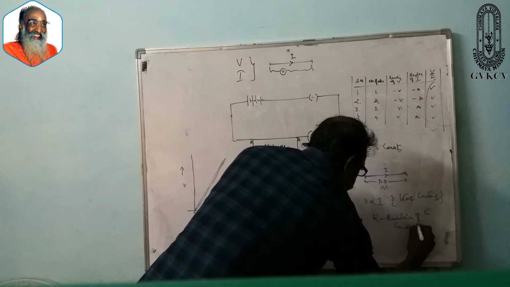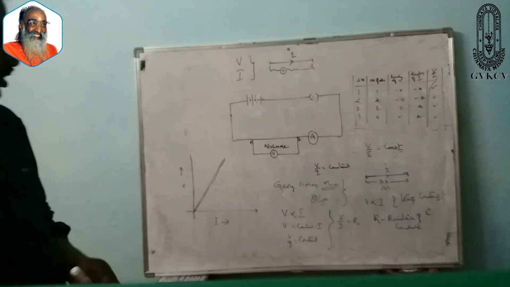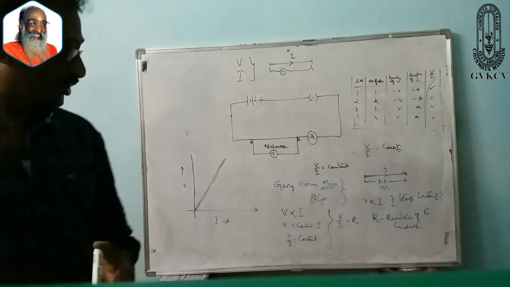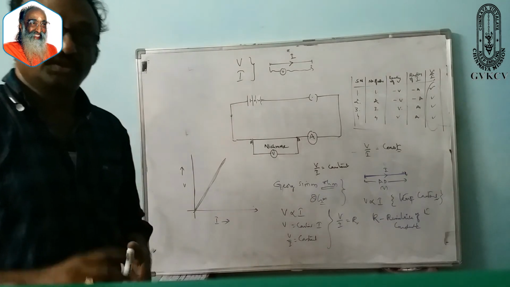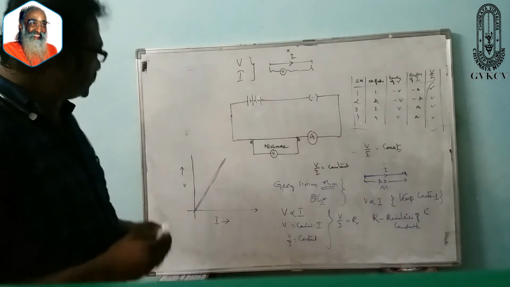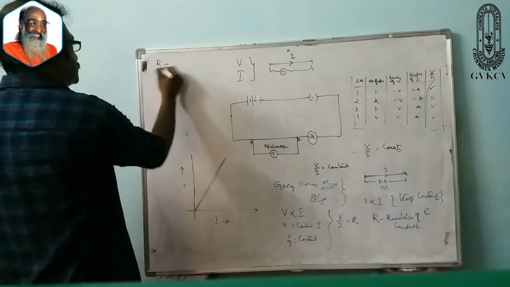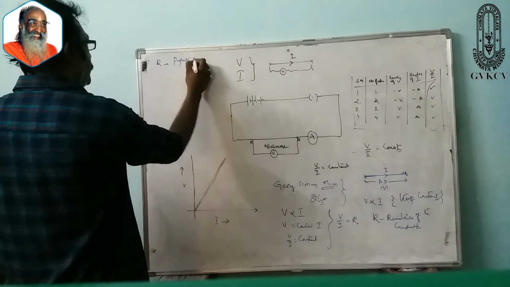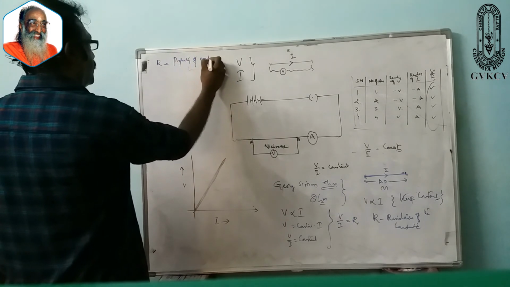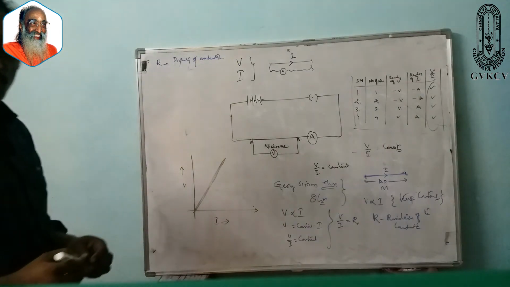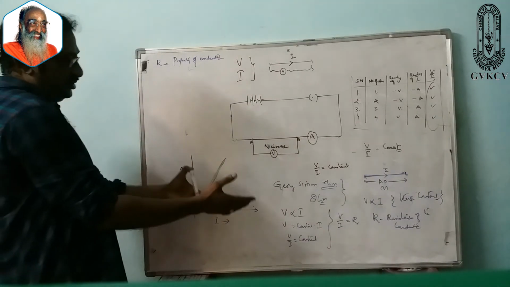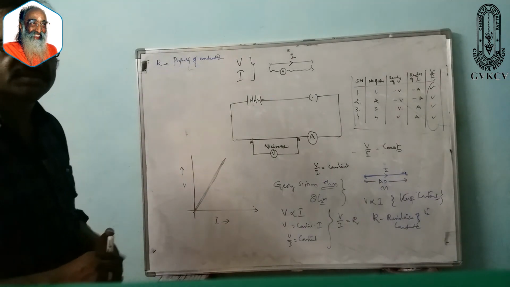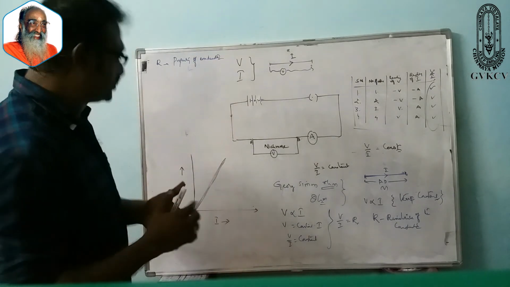So by this Ohm's law, not only getting a statement, we are now coming across a new term called resistance. What is resistance? First of all, it is the property of a material, or the property of a conductor. Resistance is the property of a conductor. What does that property mean? It resists the flow of current through it. So that's why it's named resistance.